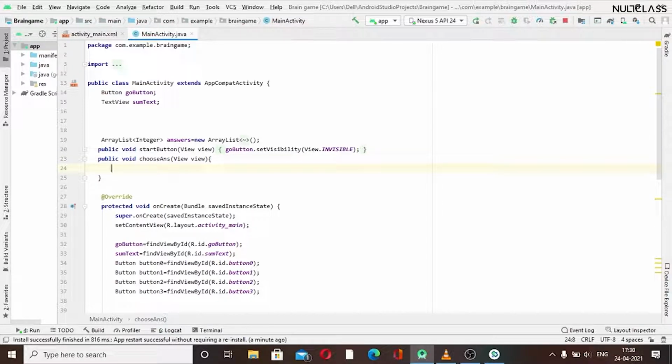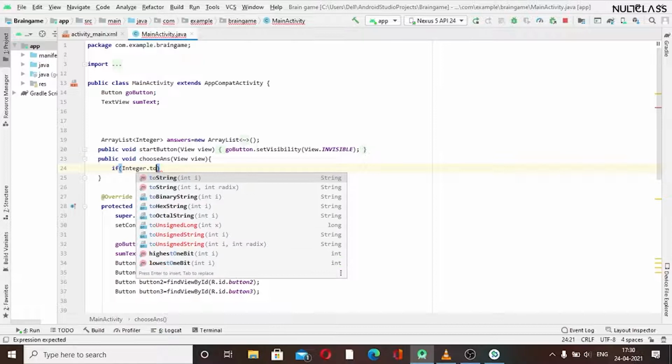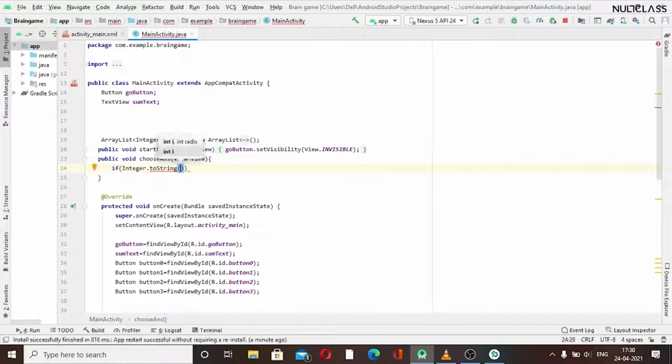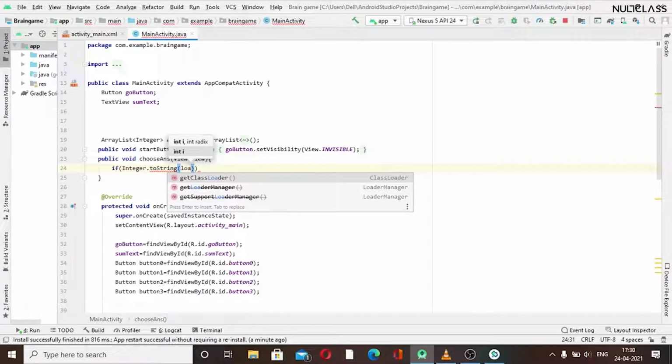So for writing the code, we will use an if statement. There can be two conditions, one for the correct answer and one for the incorrect. So if the answer is correct, we will first write that condition. We know that we have to convert that to string, so if Integer.toString, and inside of that we have to pass the location of the correct answer.